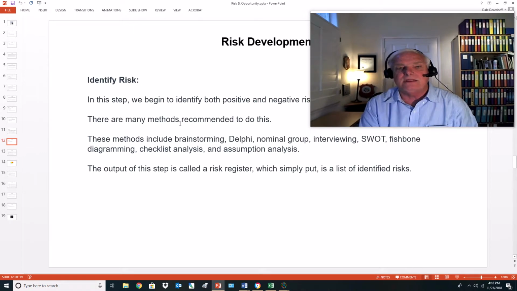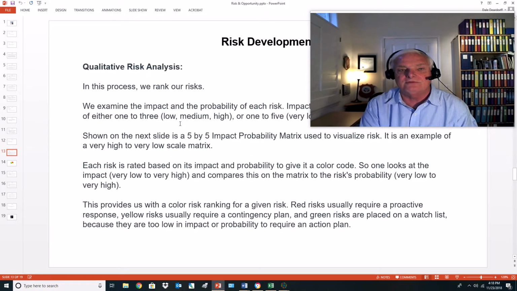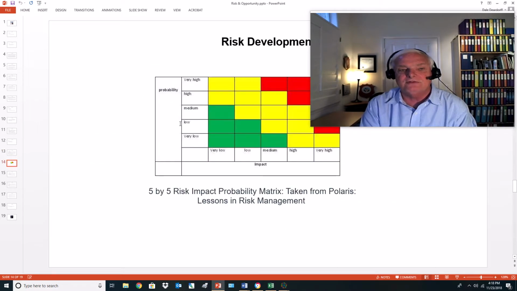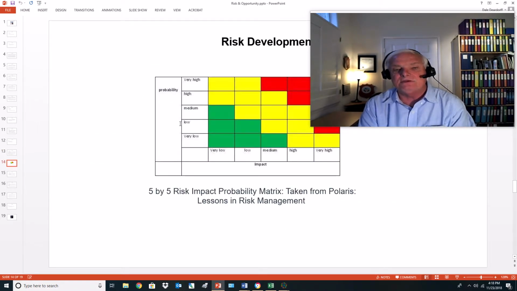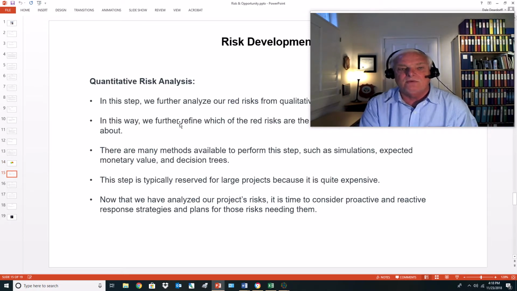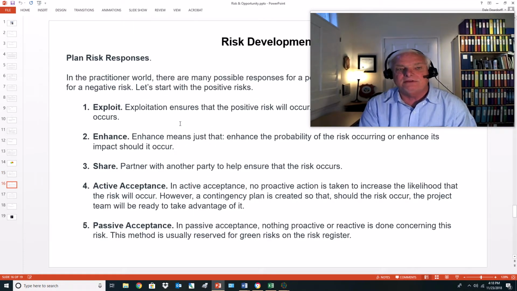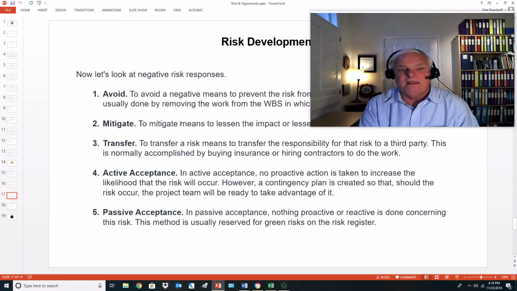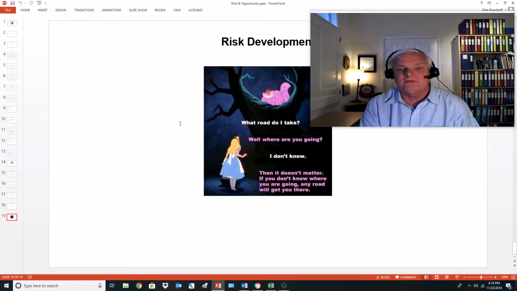Now we're going to come down into what I call where we're headed with your assignment. You need to understand how to identify risks, how there's a qualitative risk analysis, and how it gets plotted into a matrix. So this is part 2 of your assignment. This is ultimately where we're going to plot this into the risk matrix. We give you information on that. We also talk about quantitative risk analysis, how that's accomplished, how to plan risk responses, if they're positive or negative. In addition to that, what we can do with negative ones, how do we control risks,